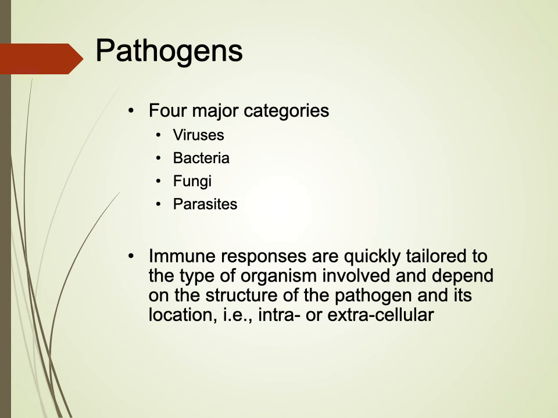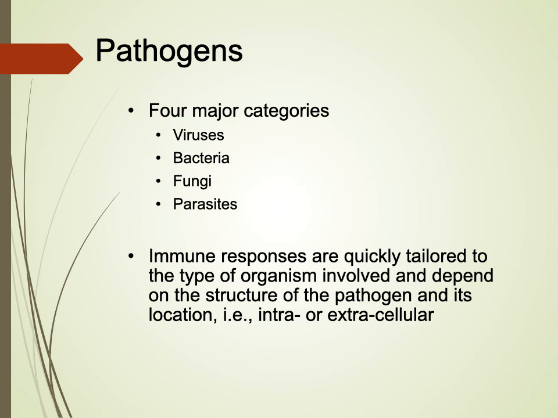So we do want to keep in mind that an immune response against an organism can depend upon what structures are found on the pathogen and also its location, whether it's intracellular or extracellular, as to how we generate an immune response. Throughout the semester, especially through those journal club papers, we'll look at immune responses to different pathogens. There are different mechanisms of response. How you respond to a virus is different than to a bacteria or a parasitic worm, and that will become clear when we talk in chapter 2 about the different cells.